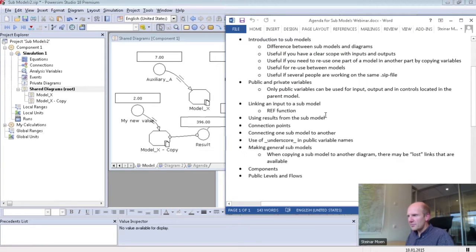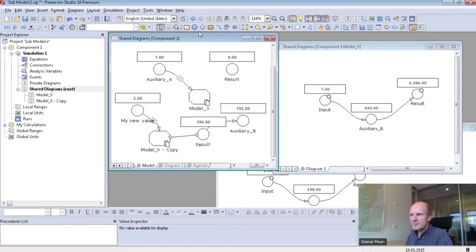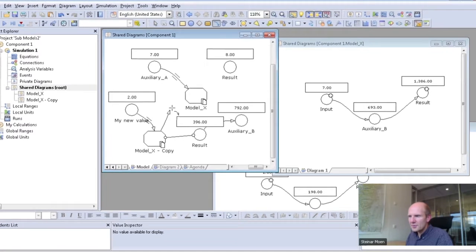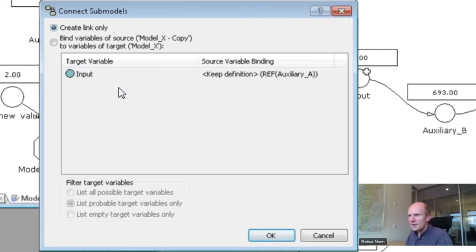So, what if I connect not from a variable, but I connect an entire model to another model? Let's see what happens then. If I, for instance, make a connection between these two, then I do also get a wizard. And I get a binding ability. I could say that the target variable input